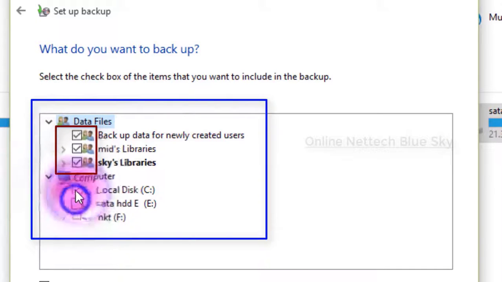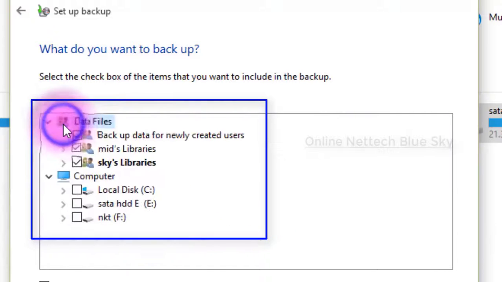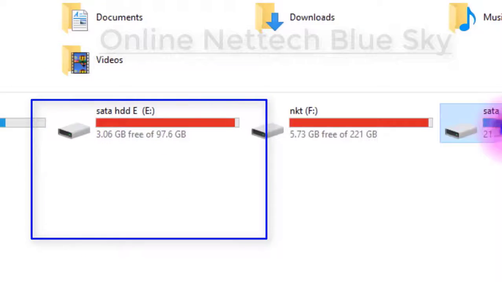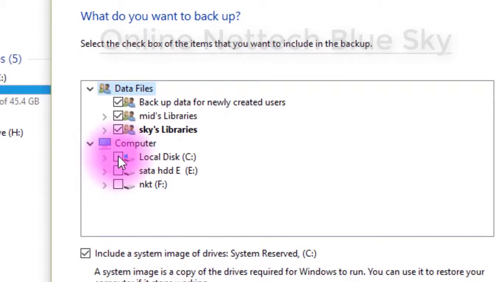I want only this operating system user with my hard disk data. This is saving these partitions' data, and I'm storing it here. This is very important.